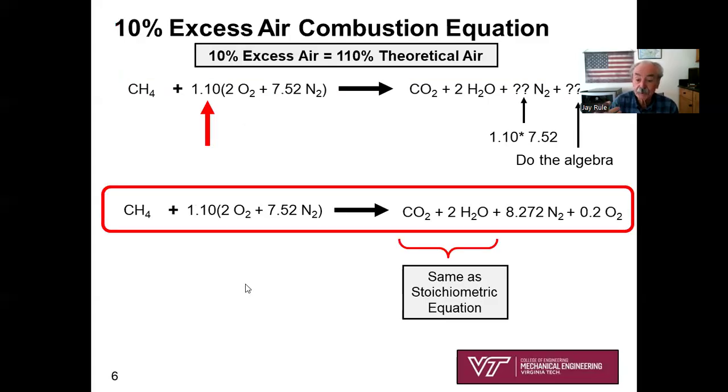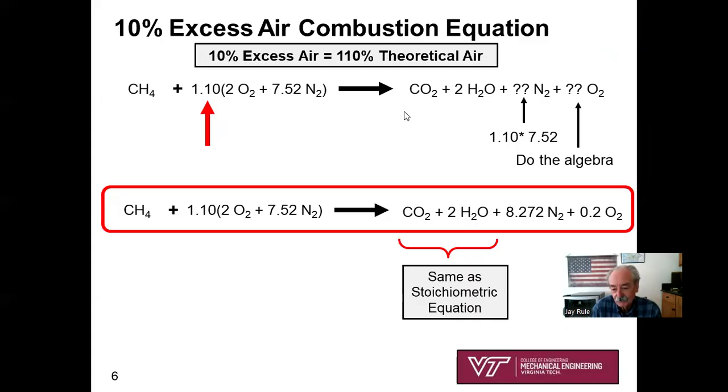Now we're moving on to 10% excess air. We're burning with 10% excess air. And so I'm simply going to plop into my stoichiometric equation the factor 1.10 for 10% excess air, and then I'm going to do the math. I'll do the algebra over here, right? I still remember I've got a CO2, I've got 2 H2Os, but I've got a question mark amount of N2s. And if I show my work, all I have to do is multiply 7.52 by 1.1 to get